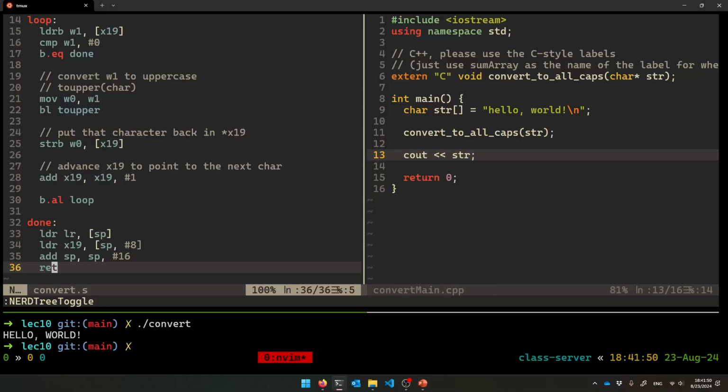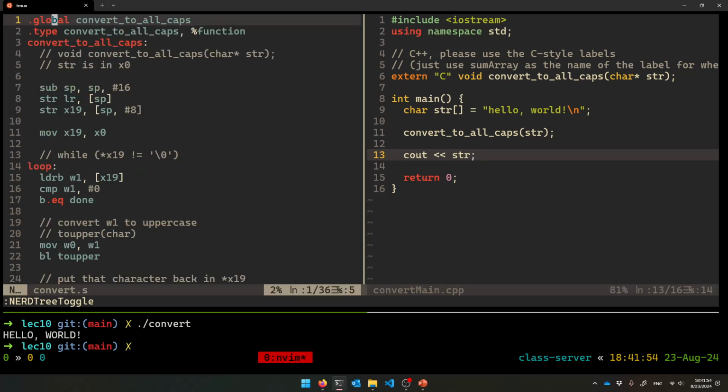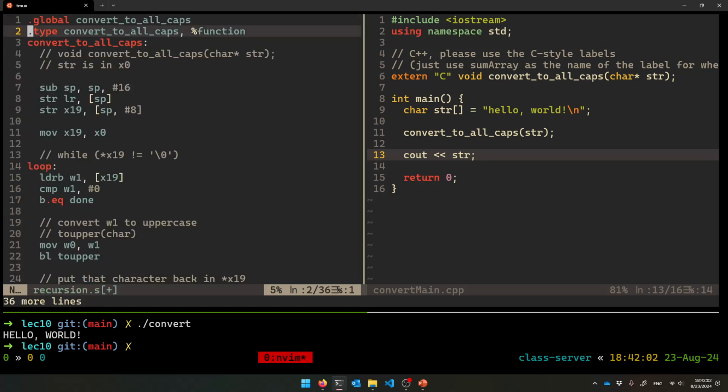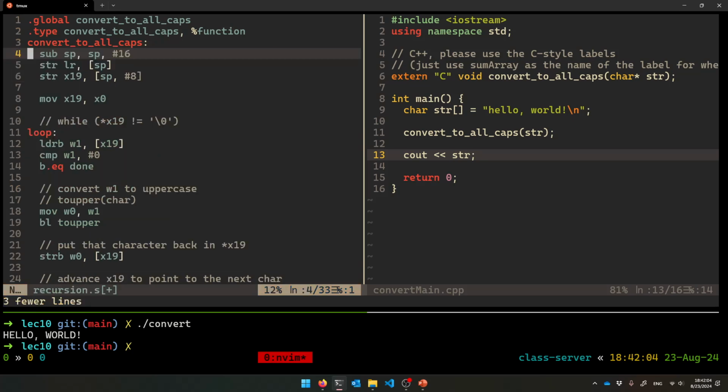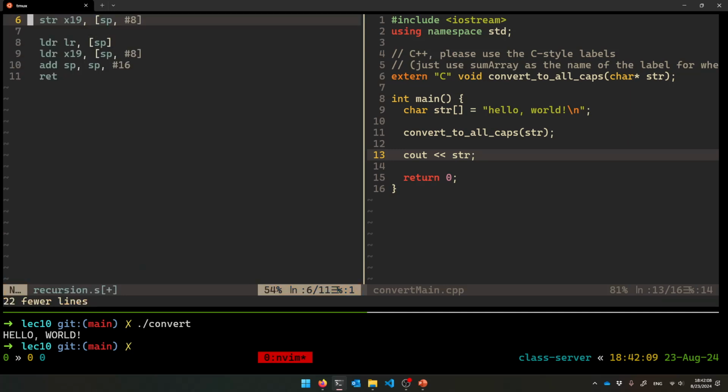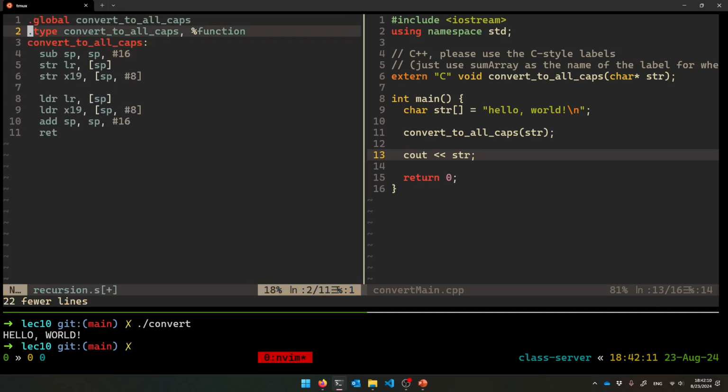So I'll keep both of these open right now. I'll steal this program and make it recursion.s, paste it in, and I'll actually save the stack preservation stuff because we're going to make function calls. We're going to make calls to ourselves, right? So I need all that there. I need to save LR for sure. So this will be fact,